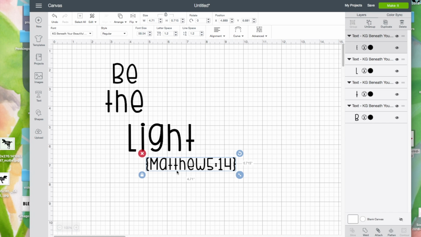All right, now that I've lined it up the way that I want it lined up on the shirt,